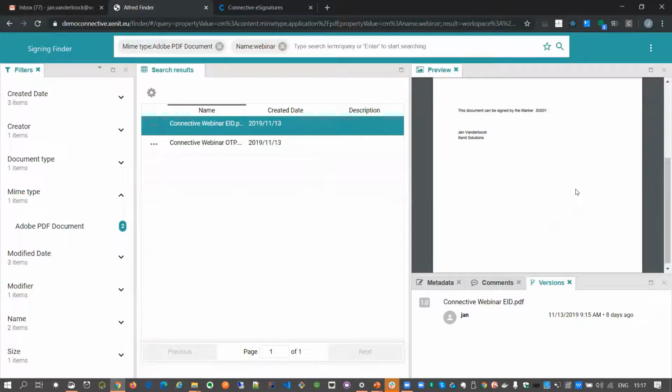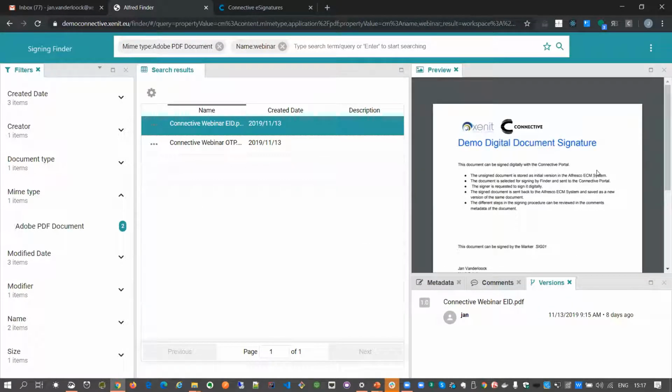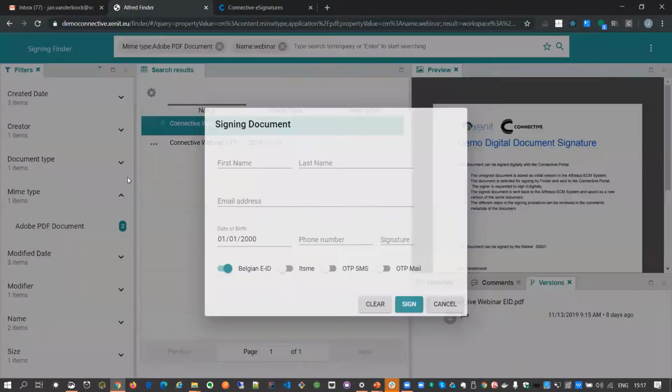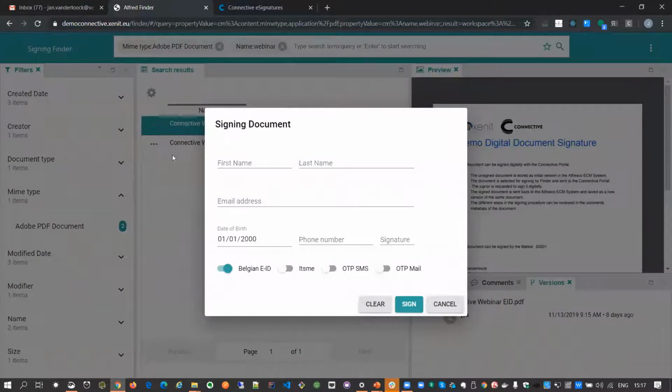This document will be sent to the Connective platform for signing by the Belgian EID, and I start the request just by hitting the sign button. And here a small dialog shows up where I have to specify the information needed for the digital signature of that document. I have to give my